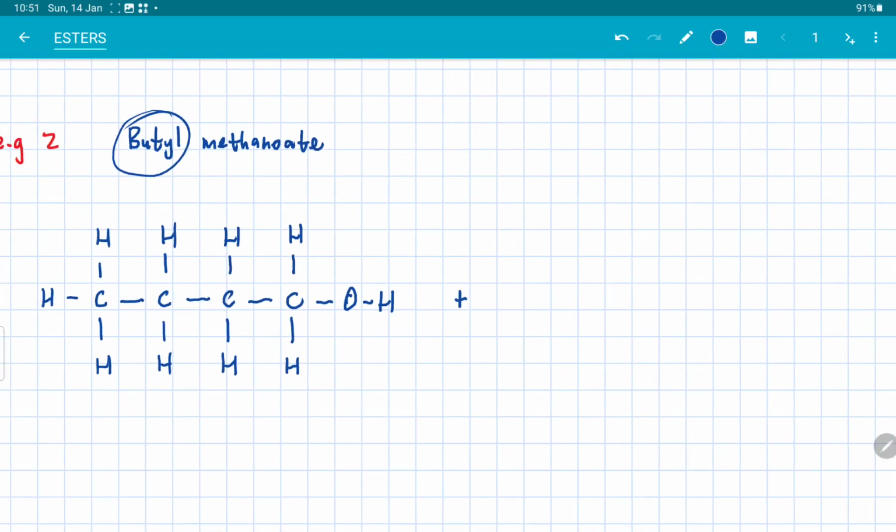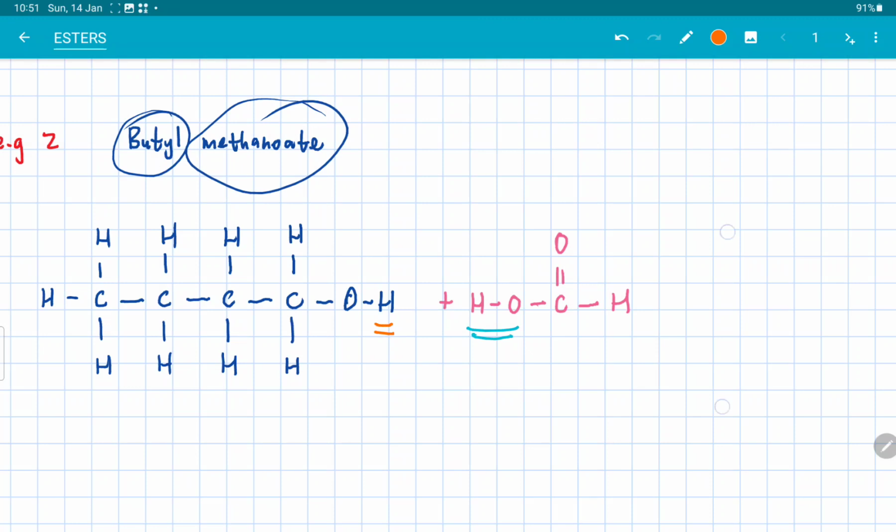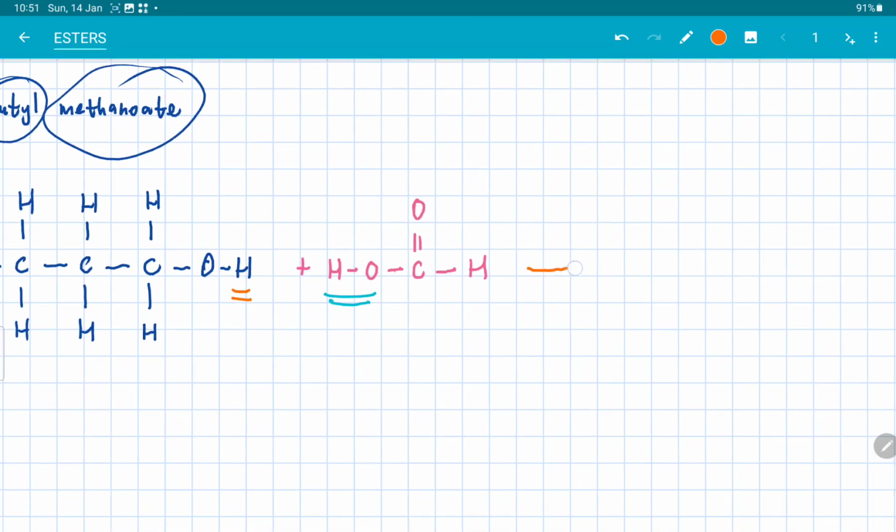And then methanoate. That means that the carboxylic acid must be methanoic acid. So methanoic acid should be having 1 carbon because of methyl. So I'm going to do this. Remembering that the OH part of the acid will be eliminated from that molecule, and the H part from the alcohol eliminated, and then resulting in